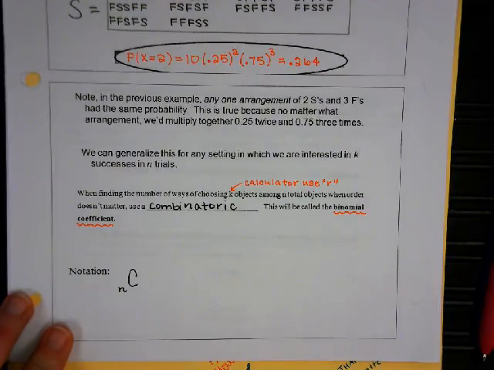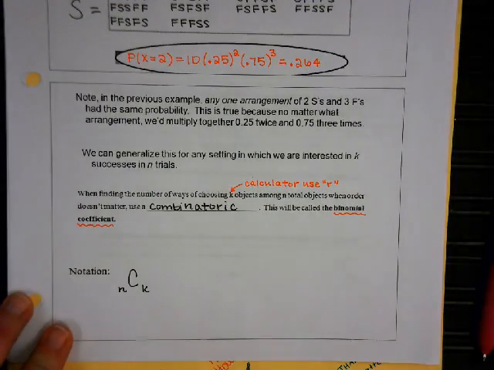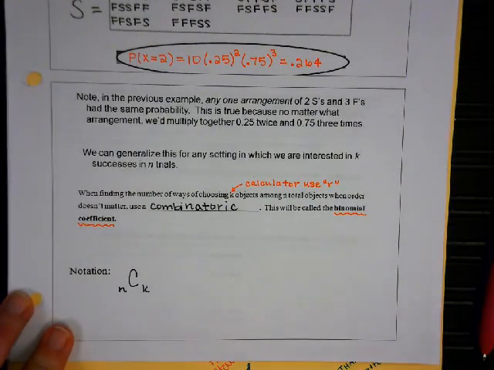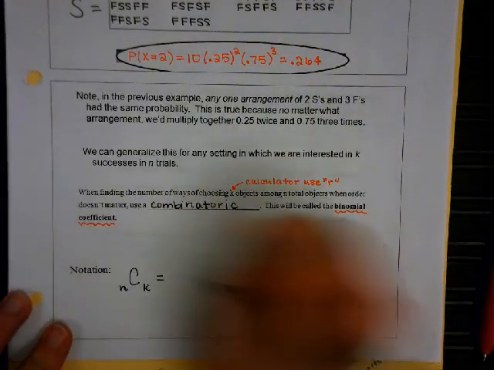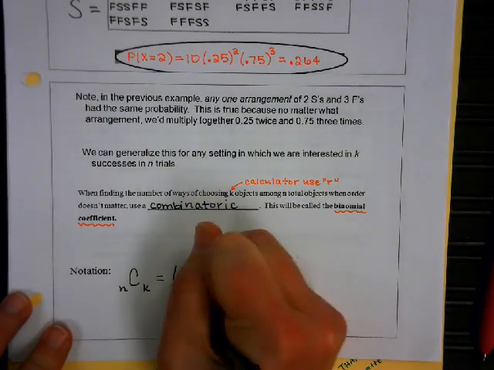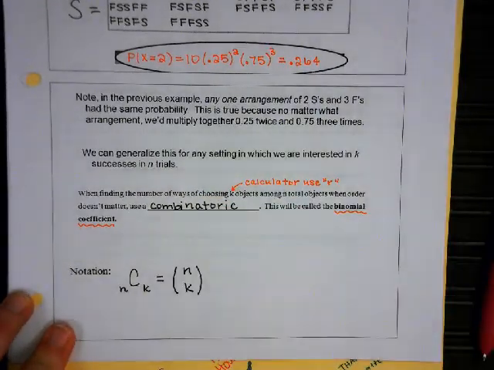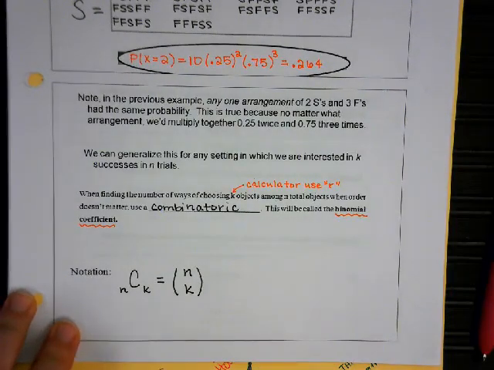The other way it can be written is in parentheses with n above k. So the number of trials, the number of successes you're interested in. I'm going to show you the formula. You don't have to memorize it. I just know sometimes kids are actually interested in how it's done. So the formula is